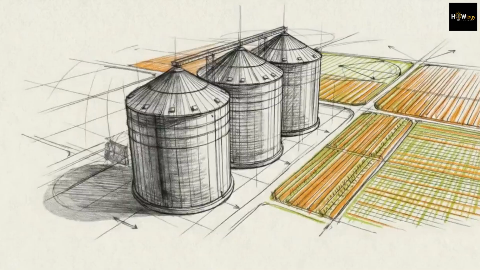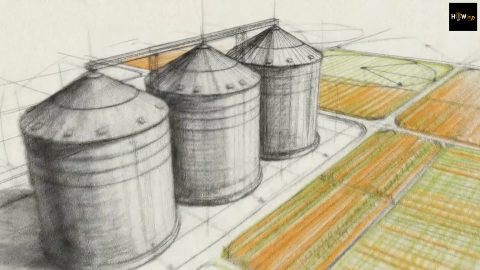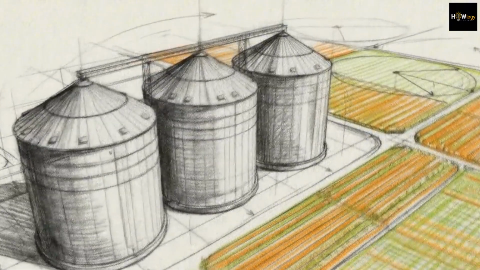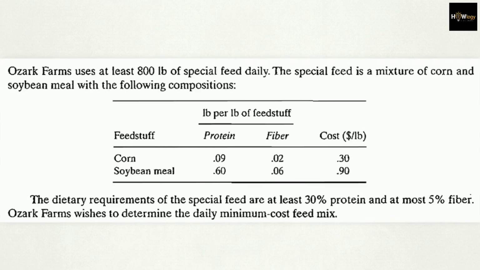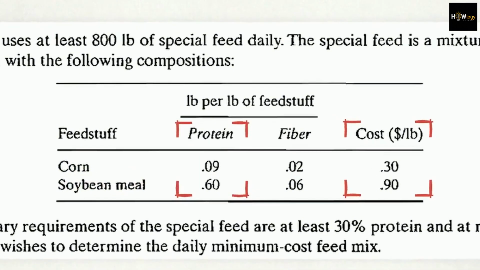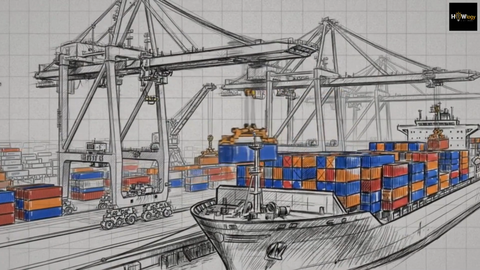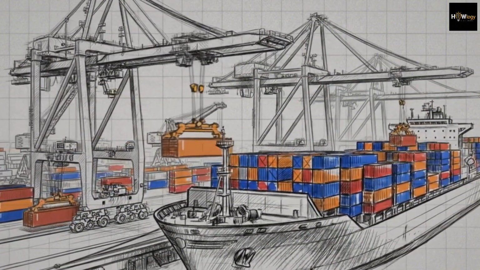This precise geometric logic extends far beyond the walls of traditional factory floors, reaching out into completely different industries, like commercial agriculture. Farms use these same models to balance nutritional constraints. They calculate the exact blend of corn and soybean meal that satisfies protein and fiber requirements at the lowest possible cost. Computers apply this same logic to thousands of variables at once, efficiently routing global shipping fleets and seamlessly scheduling